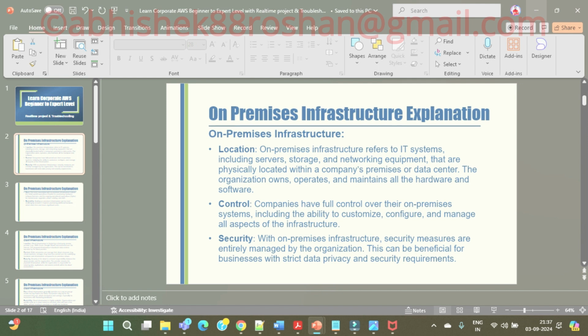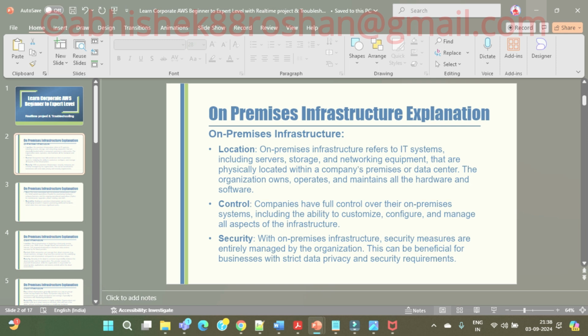Like earlier when I was in HP, you guys know that HP has their own servers and all, right? So we call it HP Inc. Earlier the company was HP Inc. Later on, when I left HP, it got divided into HP Inc. and HPE. Hewlett Packard is different. They have made it two separate entities. HPE is the Hewlett Packard software division, where they have completely segregated the software part from the hardware part, guys. So it is now not managed by a single company. The hardware is managed by a different entity, and the software is managed by a different entity.